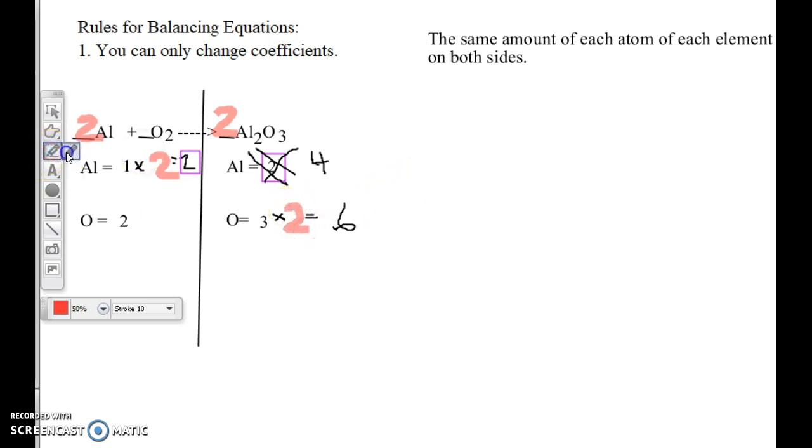Okay, now how many total oxygens would I need on my reactant side? 6. So 2 times what is going to give me 6? And it's going to be 3. So I'm going to put a 3 up here. But what else am I going to have to change? I need to get rid of this 2. I need to start this part over, and what's going to be my coefficient in front for a total